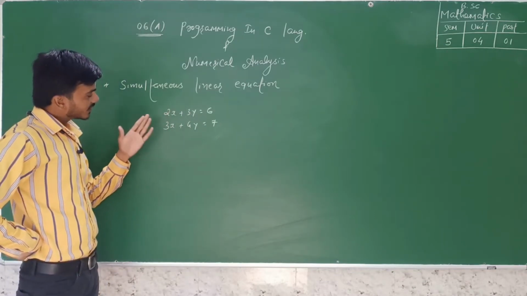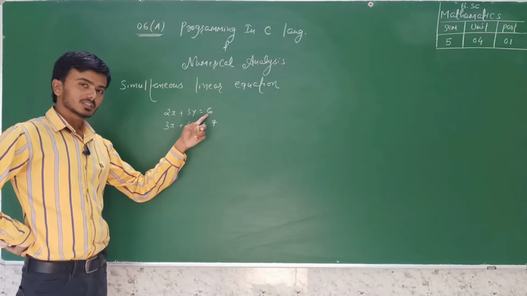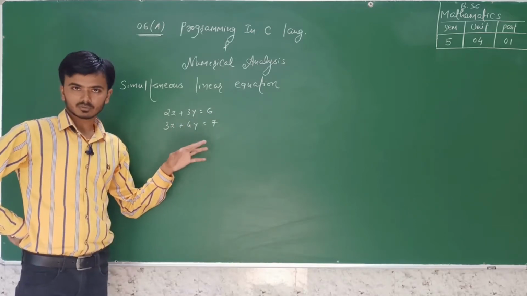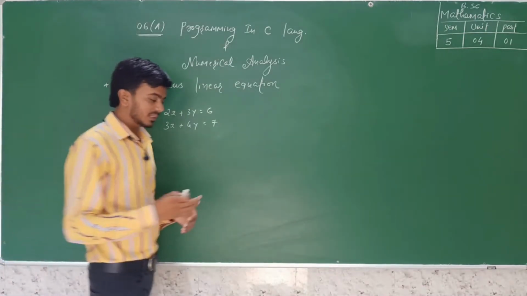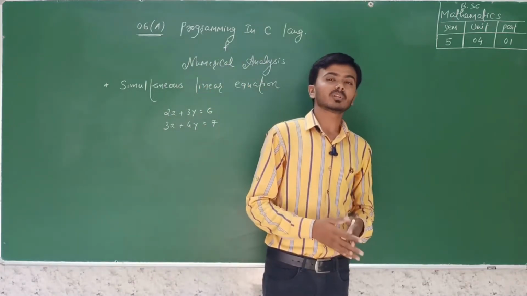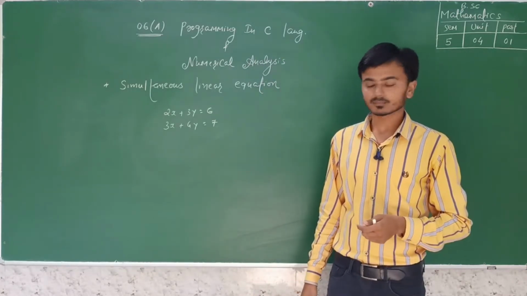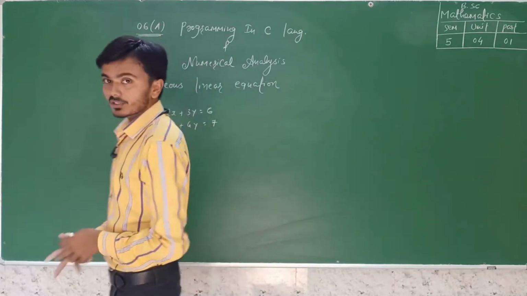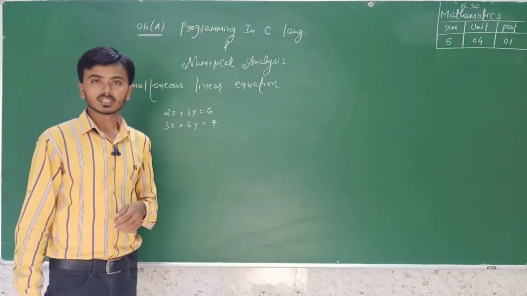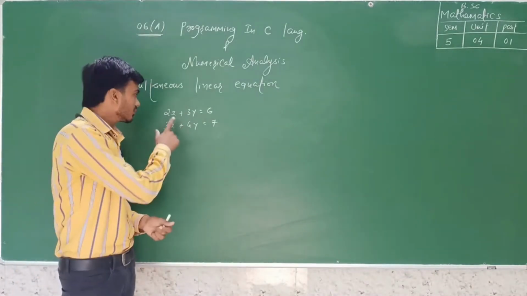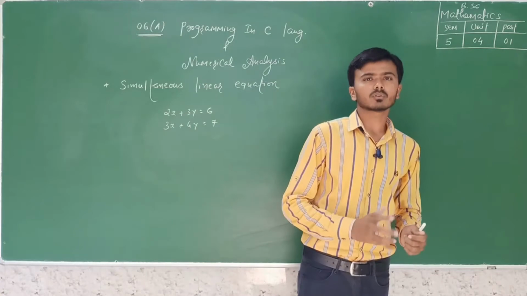Whenever we find the values of x and y, they satisfy this equation and also this equation. This type of equation is called a simultaneous linear equation. Simultaneous linear equations are very popular and are used in various branches of science and engineering. Matrix inverse method and Cramer's rule can also be used to solve them. But whenever the number of unknown variables is very large, Cramer's rule and the matrix inverse method are difficult or complex.